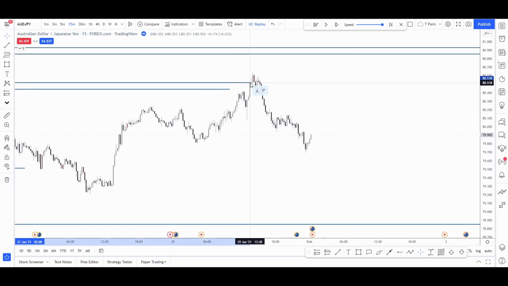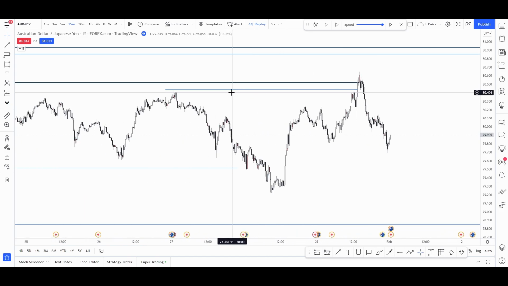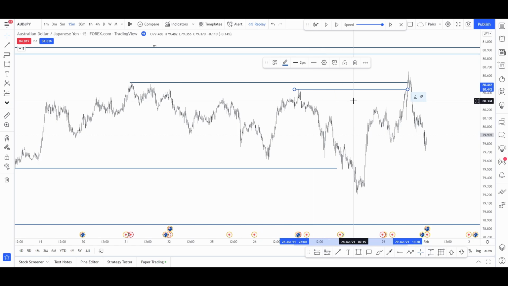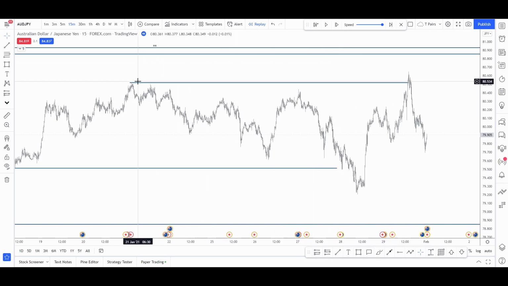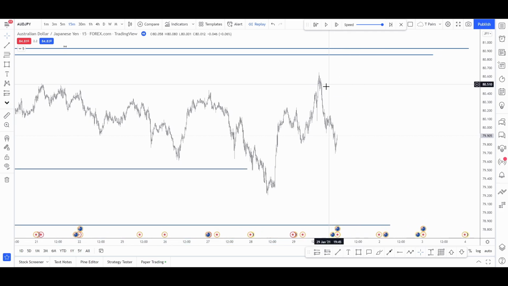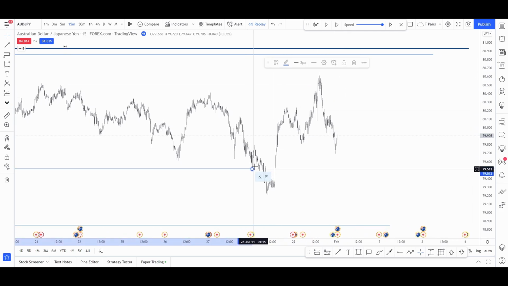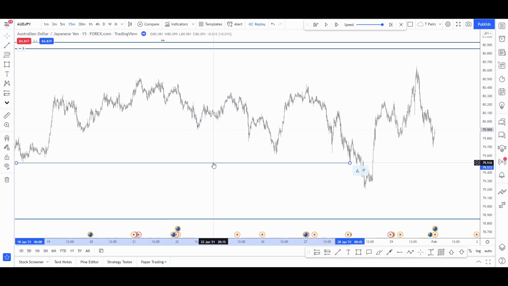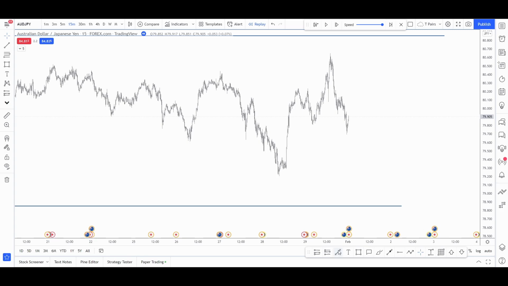We had, yep, it was just a body break on there. We also had a body break on here, so that high was definitely taken out. Let's just remove that now. This high has been taken out, so let's just remove things as we go along to keep it nice and clean. Perfect. Yep, we can remove that. So let's just mark up our high, so we know that this is our 4-hour high,